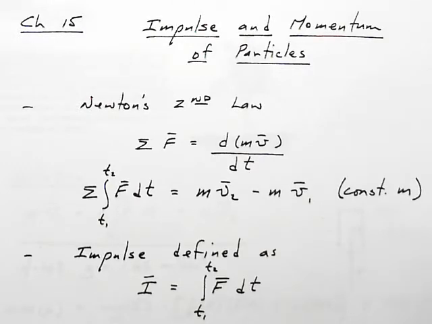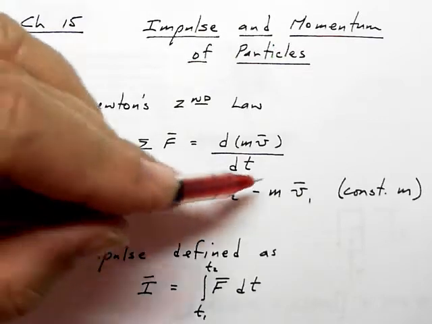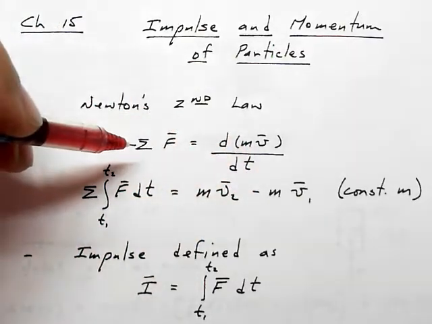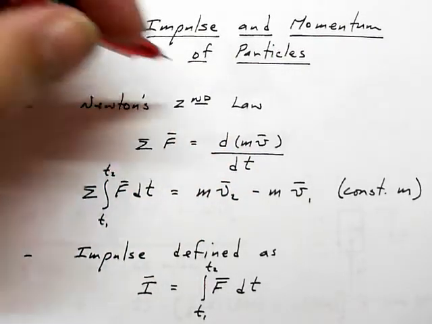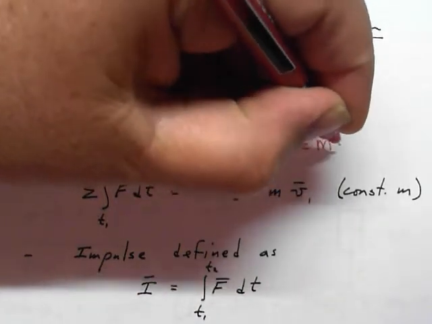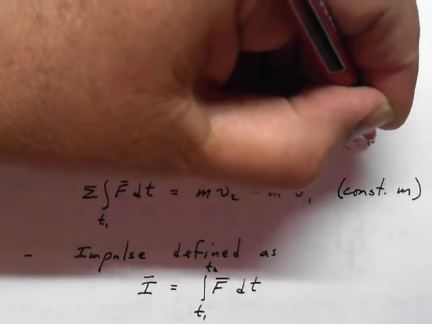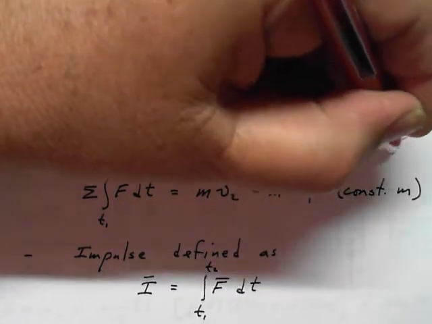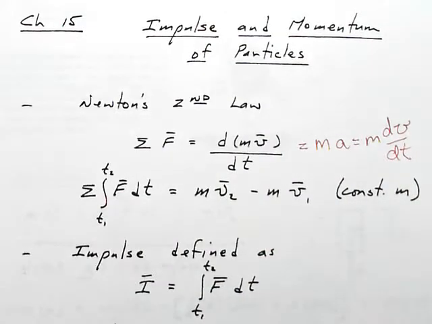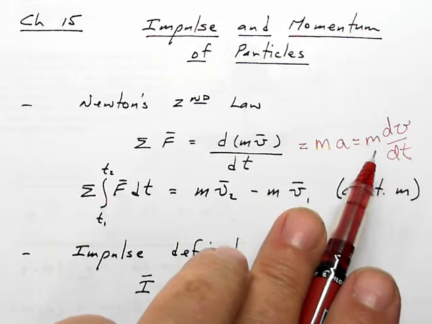Alright, so Chapter 15. Impulse and momentum of particles. Particles we've already talked about. We'll turn to rigid bodies in the very next chapter, Chapter 16. Okay, impulse and momentum, we need to define both impulse and momentum. So what we're going to do is start off with an interesting looking version of sum of forces equal mass times acceleration, because mass times acceleration is mass times dv/dt, but we could maybe presume that